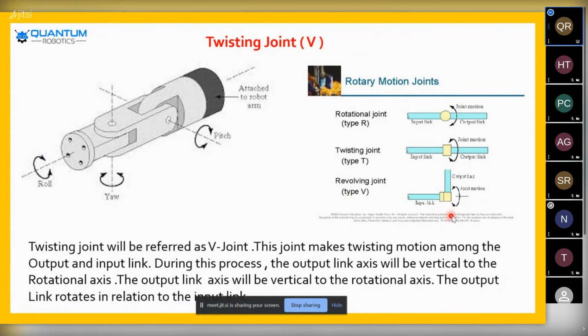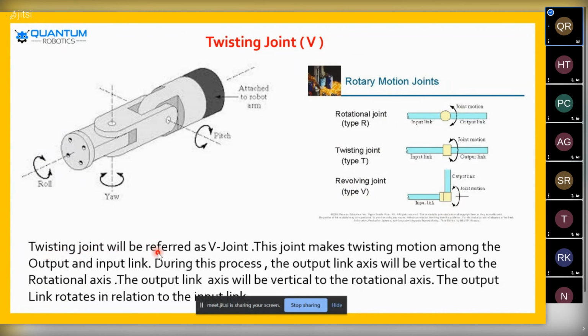The twisting joint will be like this, and whatever the position of a particular angle and particular joint, it is going to be represented from one axis to another axis. One shaft will be parallel, and another shaft is going to rotate in a particular angular direction. That is the twisting joint. And in the rotary joint, the whole part is going to be in a stationary position, but the particular working space of a part is going to be revolute. That is the difference between the twisting joint and the revolute joint.